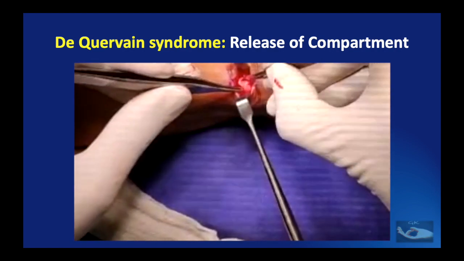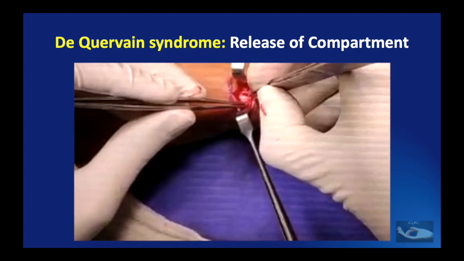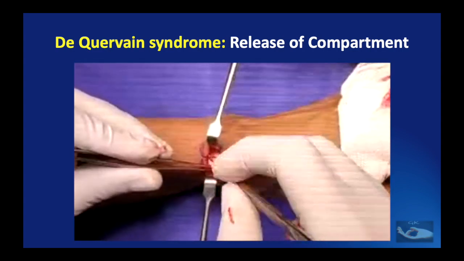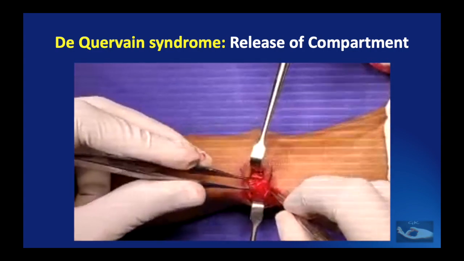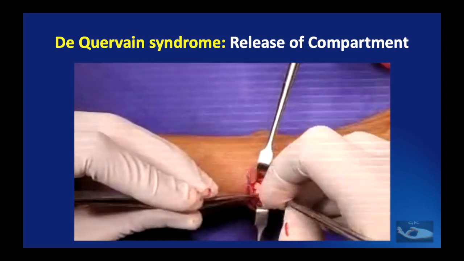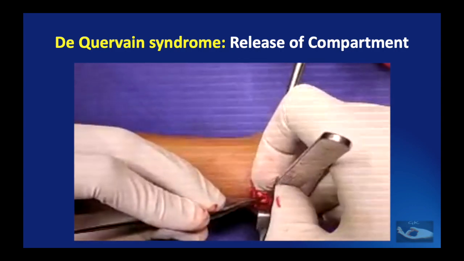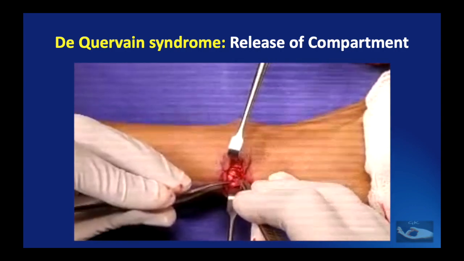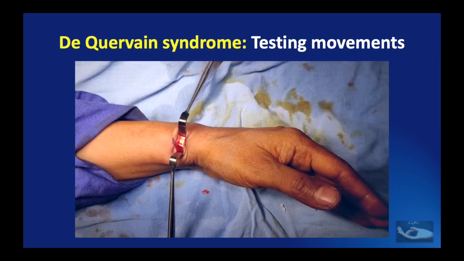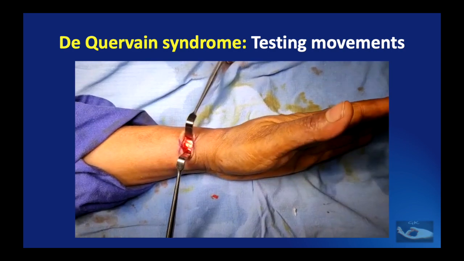The incision must go from the proximal to the distal and completely release the compartment. After doing the release, we must check to make sure that the tendons are totally free and there is no extra compartment of the extensor pollicis brevis. This can be ensured by making sure that we are able to visualize the abductor pollicis longus slips and the extensor pollicis brevis tendon. Having done the release, we need to check the unhindered movements of the thumb and wrist.